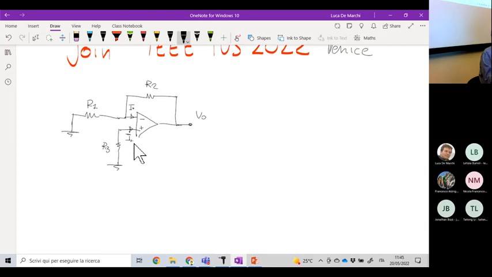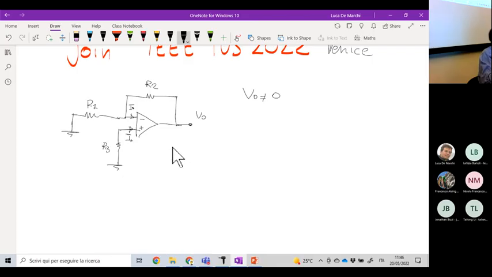Let's call this current I plus and I minus. If indeed these currents are present, the output voltage will not be equal to 0 as desired because the inputs